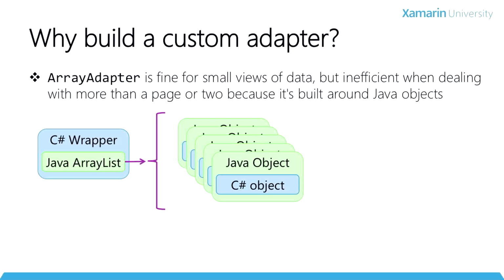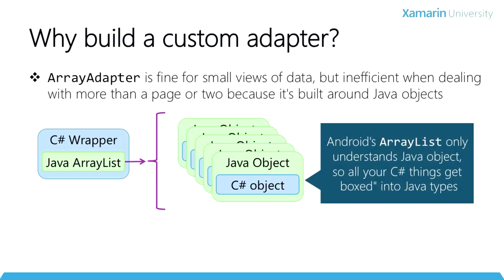The issue is that it's implemented in Java and wrapped by Xamarin to expose it to our C# code. But it's really a Java object. The data we supply has to also be a Java object, since the JVM can only work with Java strings. So Xamarin wraps or boxes all of your C# objects into Java objects to make them accessible to the array adapter. Each one of these Java wrappers has a reference to the C# representation, so the object is known to both worlds. Even intrinsic types like string and int have to be mapped into the JVM's world, which means they